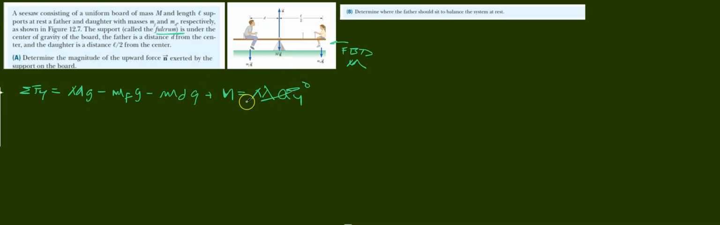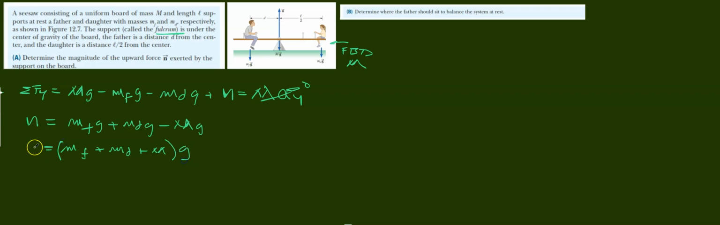So then that means all of this is equal to 0, and the normal is simply the father's weight plus the daughter's weight minus the plank's weight. And that's it. That's the answer. You can put it: father, daughter, board times gravity. That's the normal. And we simply know, well, the normal is compensating for the other